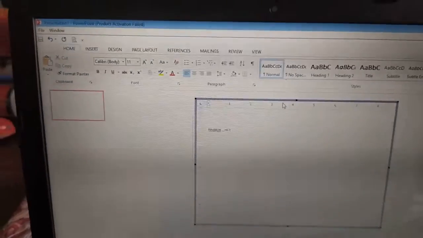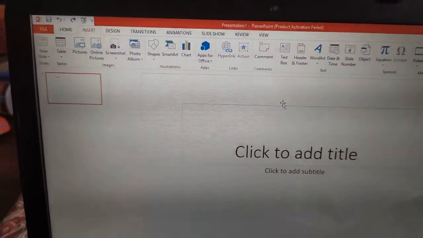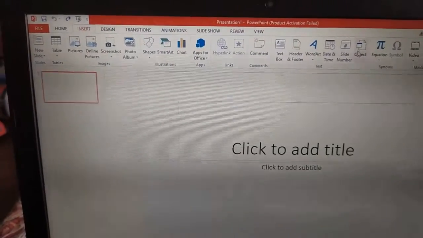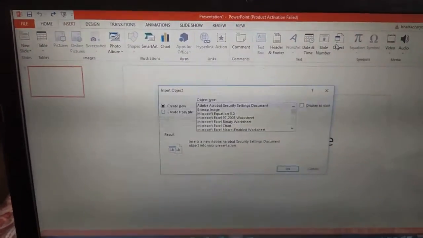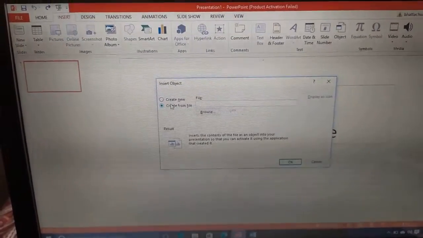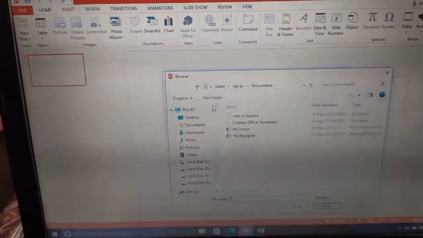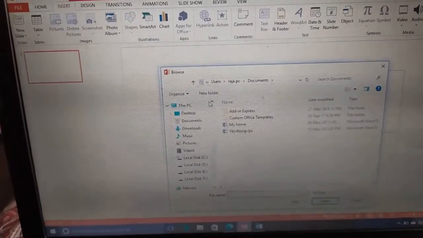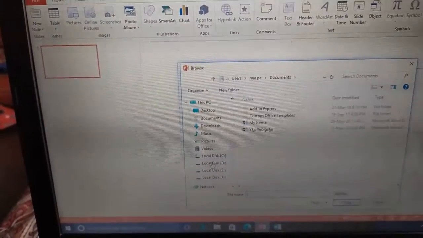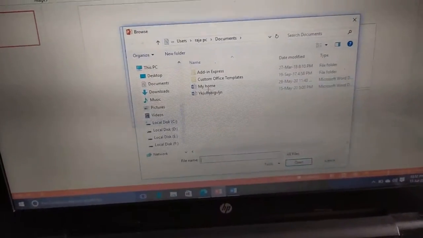Otherwise, one more thing we can do. Click on Object, click on Create from File and browse your file. Now let us select this My Home.